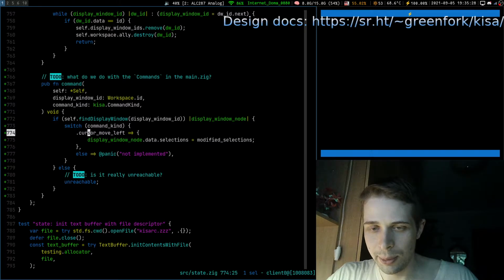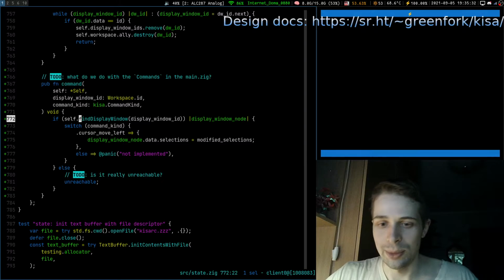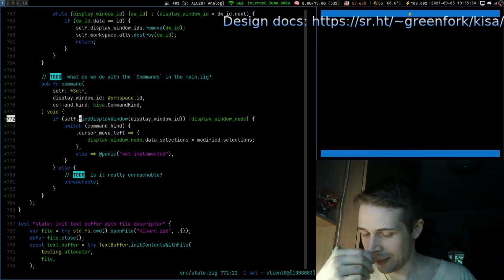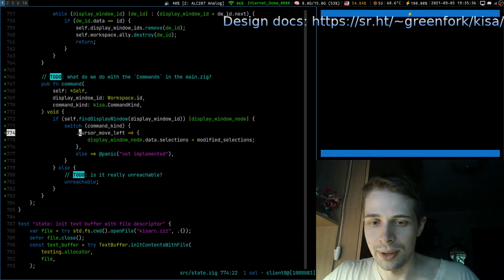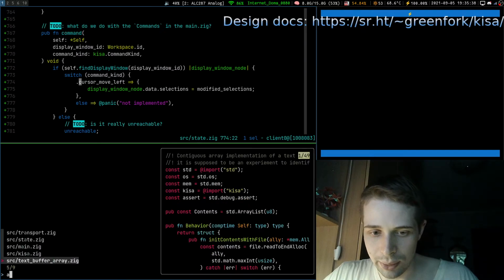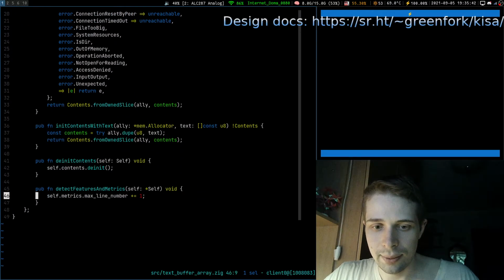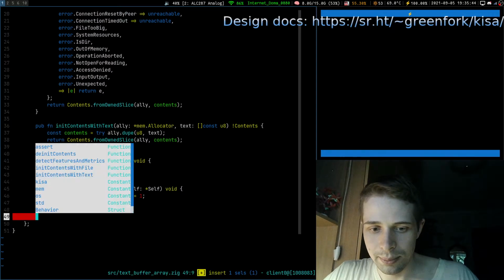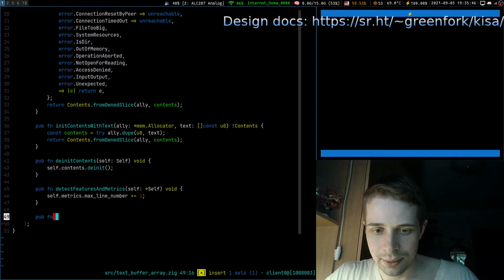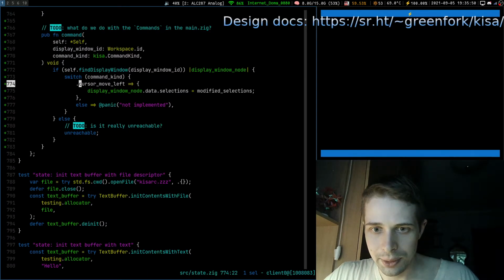So first we would like to find. Okay, we will do it a bit later. Now we would like to have a command in our implementation. Probably would like to have a public function cursor move left.